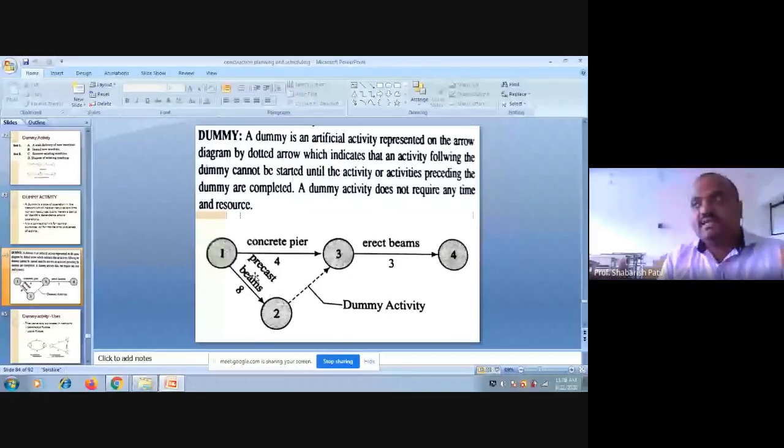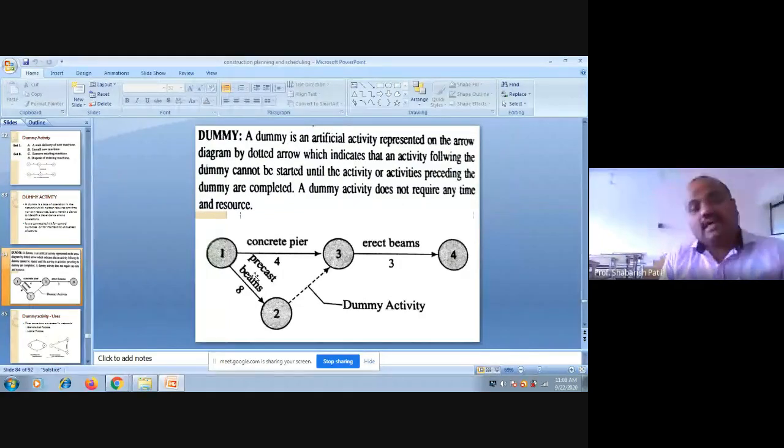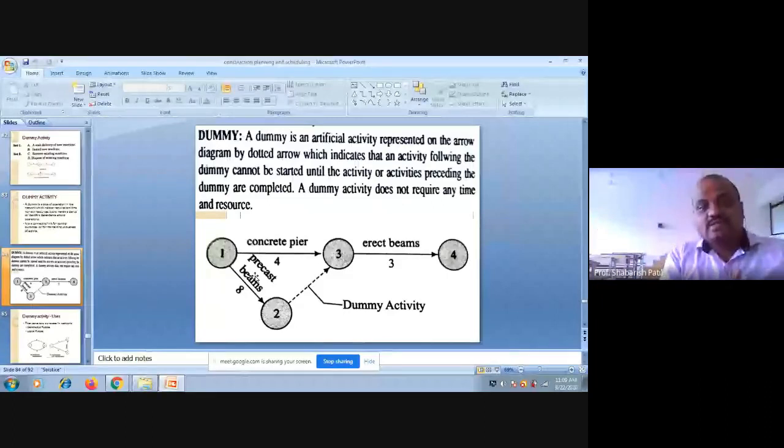Precast is cast somewhere else, in a yard or an office, not exactly at the position like RCC work. In RCC, we do the shuttering, we keep the steel, and then we pour the concrete. But in precast, we completely cast the member somewhere, then we bring it, then we just fix it using nuts and bolts. That is precast.